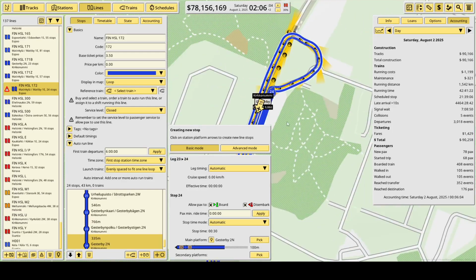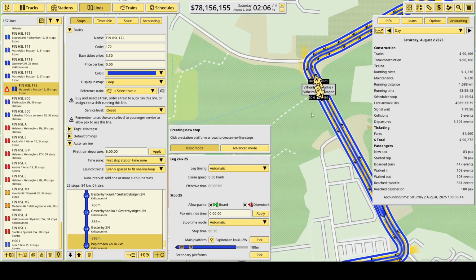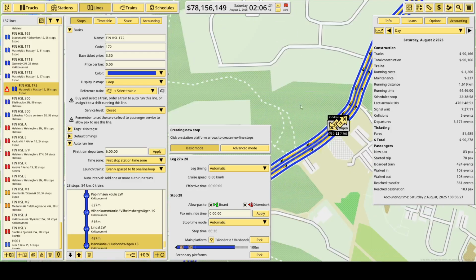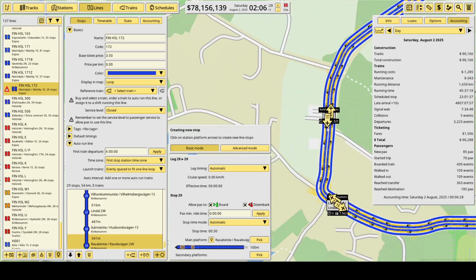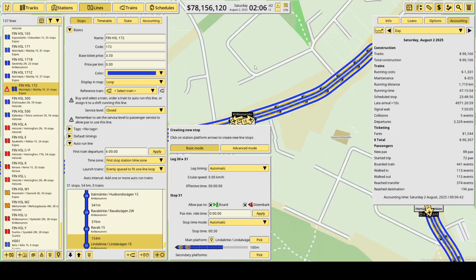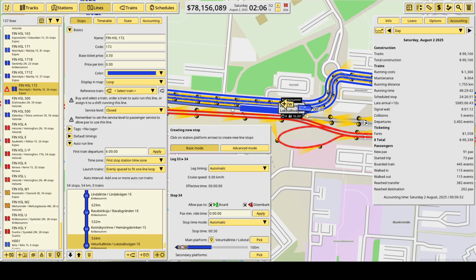Then it will go to this turning point here, then at Papinmäen koulu, at Vilhonkummuntie, at Lindal, at Isännäntie, at Ravalsintie, at Ravals, then at Lindalintie, Ravalsinkuja, Kotiniityntie, Veturitalintie,